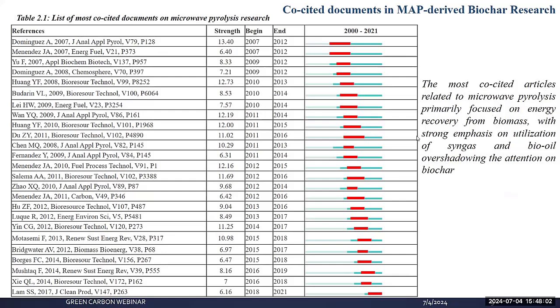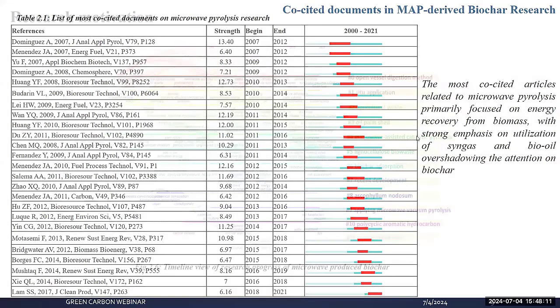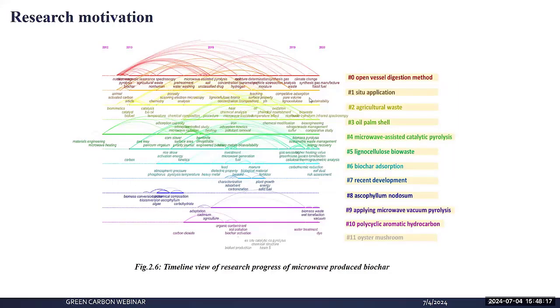I'll be telling about the evolution of the microwave pyrolysis research, where the initial research started with the exploration of different agricultural waste in microwave pyrolysis, and later started exploring different catalysts and how these catalysts improved it. Then the research proceeded with different applications like using this microwave biochar in adsorption and several other applications. So from this analysis, we found that we have to analyze the conditions to obtain the